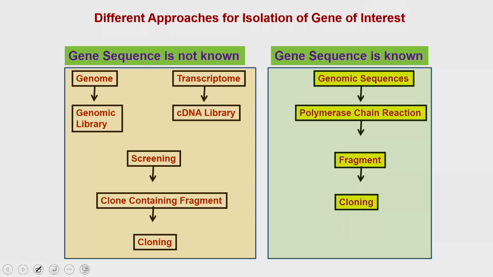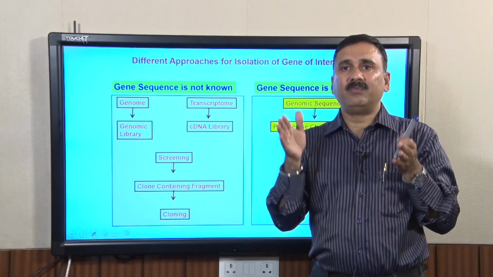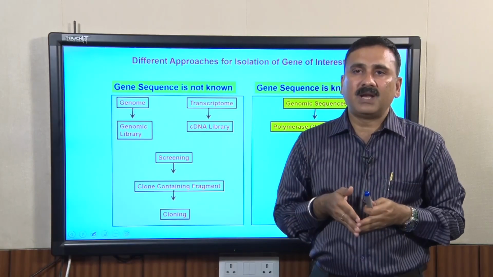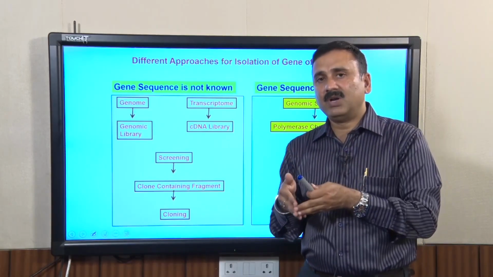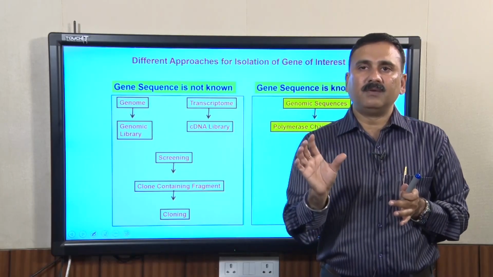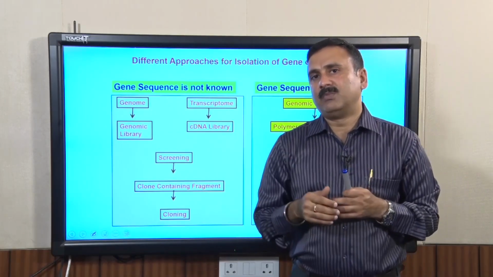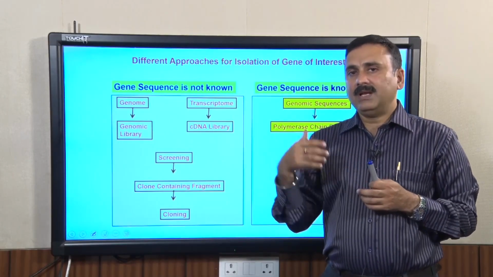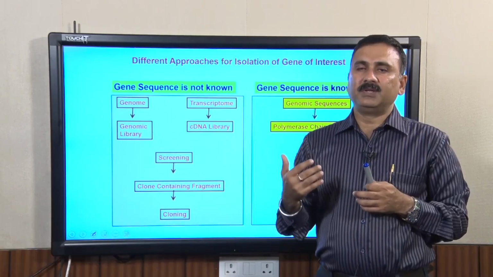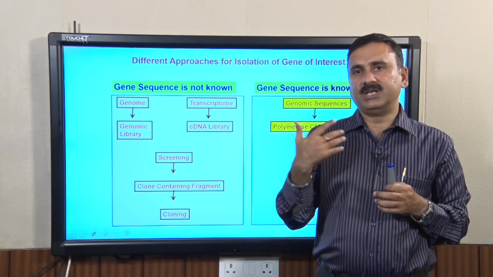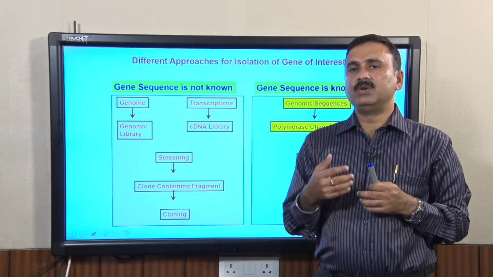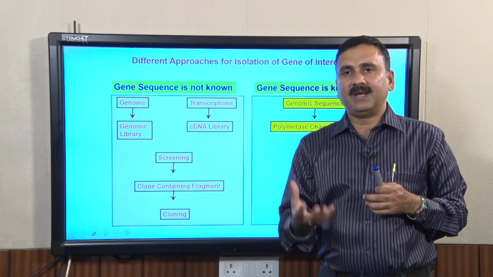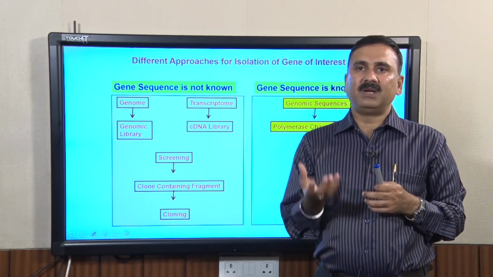Once your cDNA is prepared, you will digest it, or use the adapter or linker molecule, and insert these fragments into a suitable vector depending on the size of the fragments, and then transform those into a suitable host, either bacteria or yeast, and that is going to give you the cDNA library,